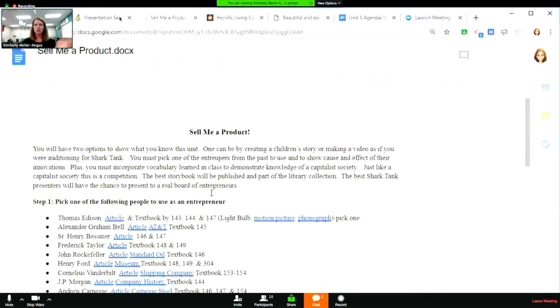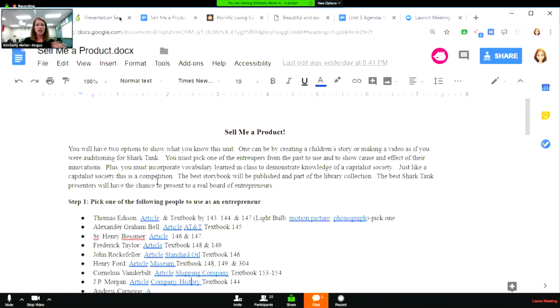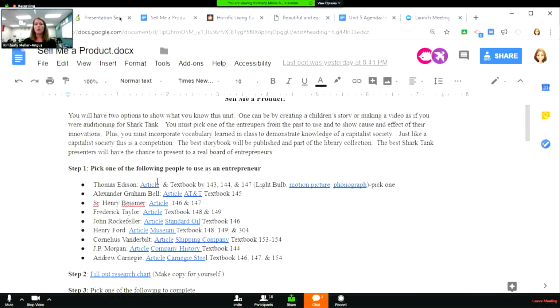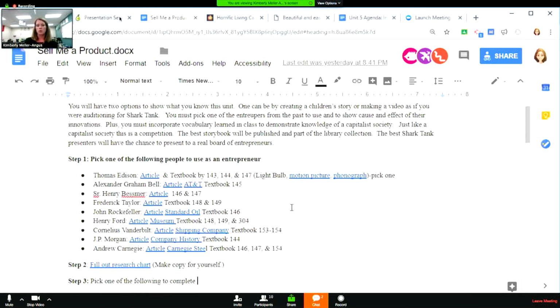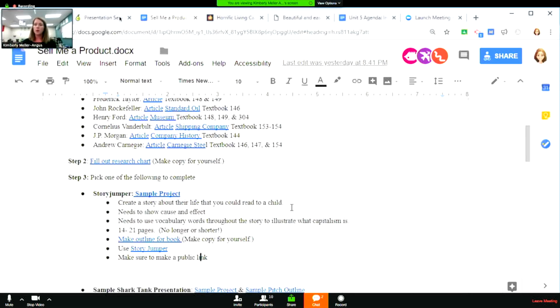And the storybooks that you saw are a little different than the ones that go with this project. I changed it up a year later. But we did Sell Me a Product, and the kids had to basically write as if they were an entrepreneur. So these books are a little different. And we have the information and the research chart for them too. And I have the sample project. What I'm going to stress is